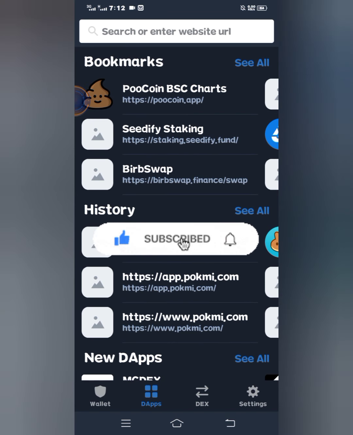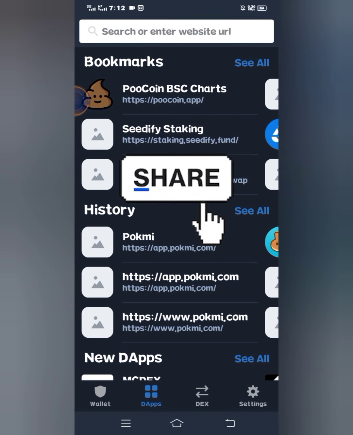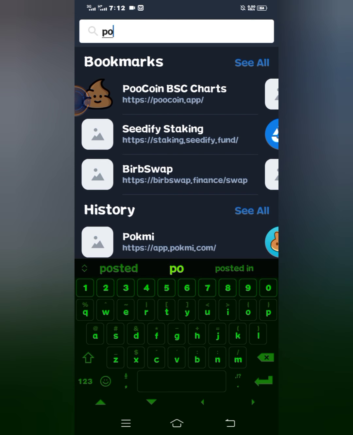When you open your Trust Wallet, all you need is your POKMI, that is the PKN token, and a small BNB for gas fee. When you have those two and you open your Trust Wallet, just go to your dApps, then in the search box type in POKMI.com